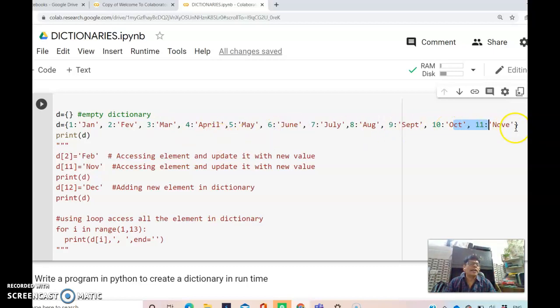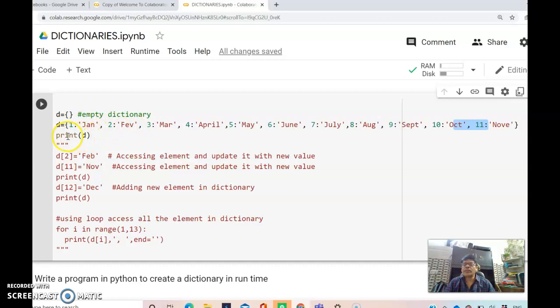Here also intentionally I have taken one mistake, because as you know the dictionary is a mutable data type. So in a mutable data type we can change the value. So here the value part, that is February, will be changing. Here the value part November will be changing. For that I have to access the second element, and then I have to change the data. That also we will do. Now let me see the print of this dictionary, because I have formed this one.